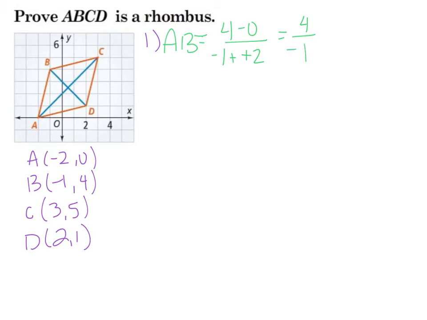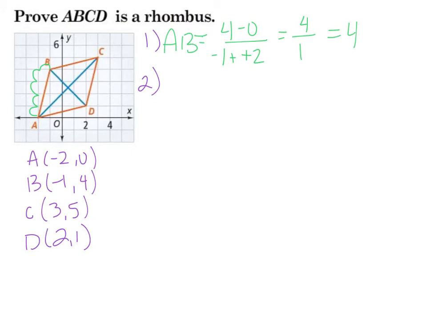Let me fix that. Positive 1, and so the slope of AB is 4. Now I could have counted that too: 1, 2, 3, 4 over 1. That would have worked as well. Number 2,